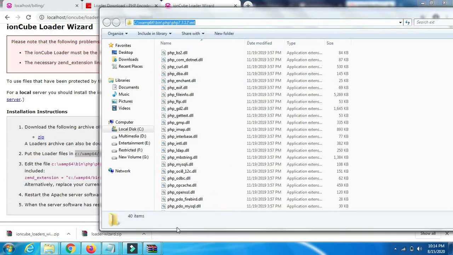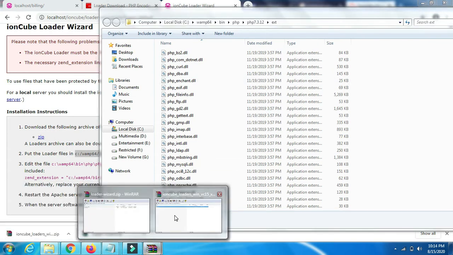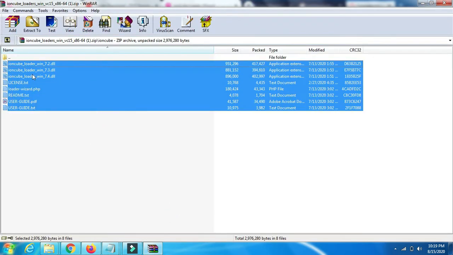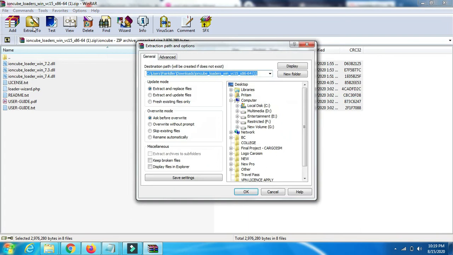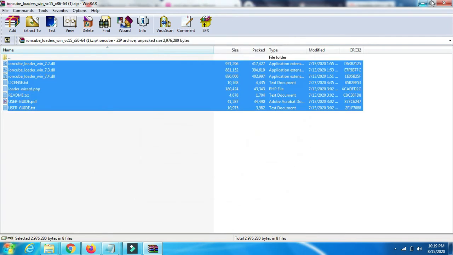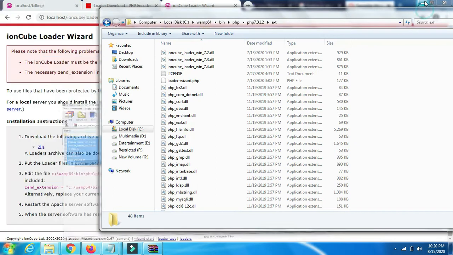I will copy the path so I can extract all the files. So I will select all the files and extract to the particular directory which was mentioned. So all the files are extracted.